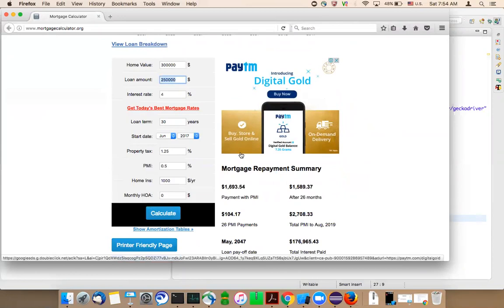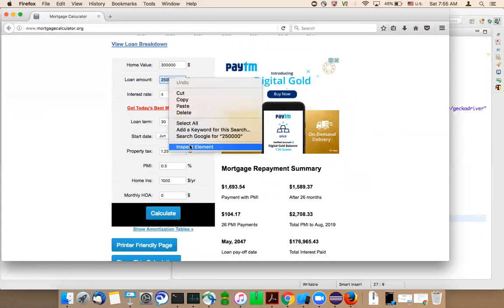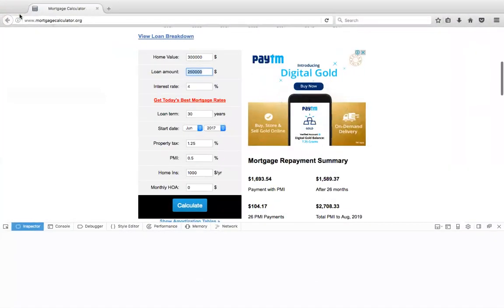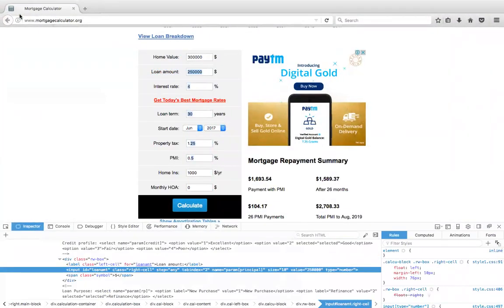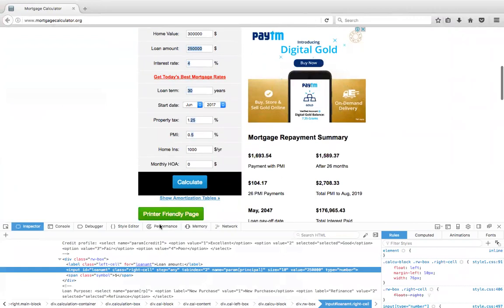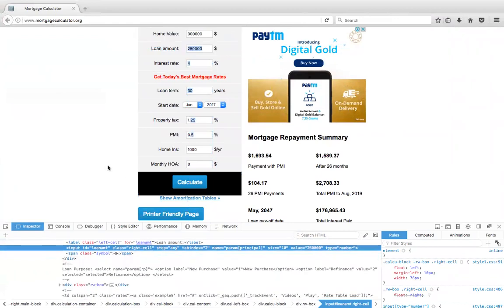Yes, Ram, you were telling. Sudhir, can you right click on that loan amount field? You found an option for inspect element, right? Yes. A similar option I was not getting in IE. Don't go with IE right now, it is a little complicated. Just go with Firefox for now. We'll see IE and other complicated things later. Let's explore all the Selenium methods and libraries with Firefox and Chrome for now, and we'll see other browsers later.